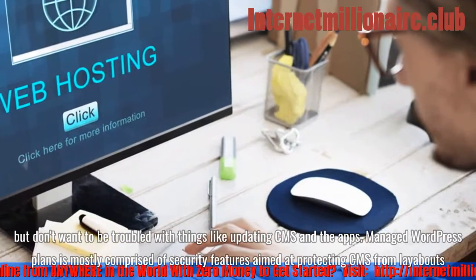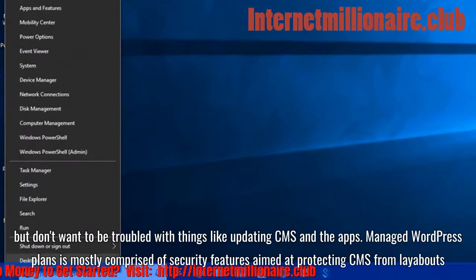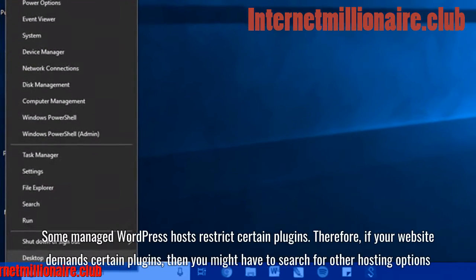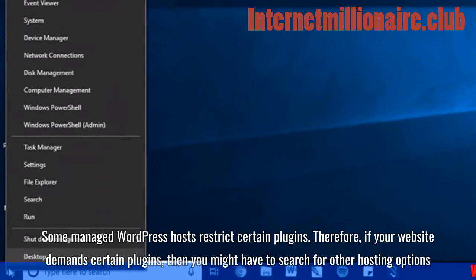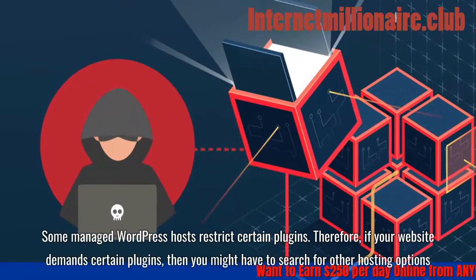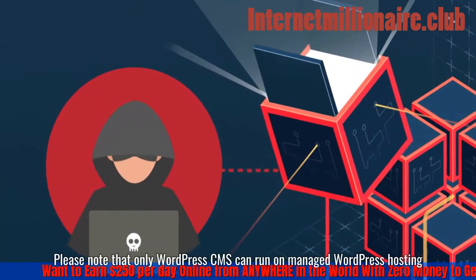Managed WordPress plans are mostly comprised of security features aimed at protecting CMS from layabouts. Some managed WordPress hosts restrict certain plugins. Therefore, if your website demands certain plugins, then you might have to search for other hosting options. Please note that only WordPress